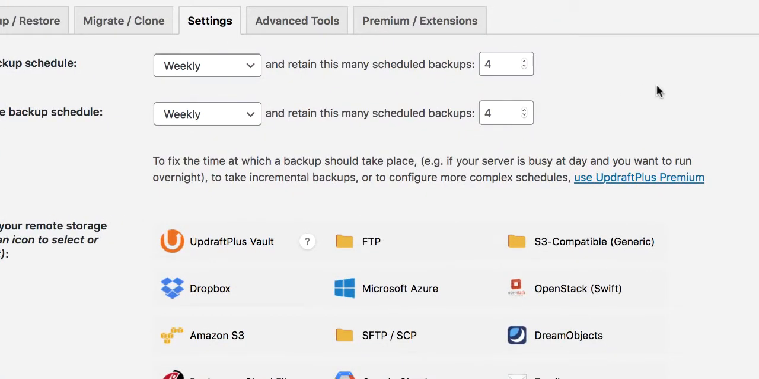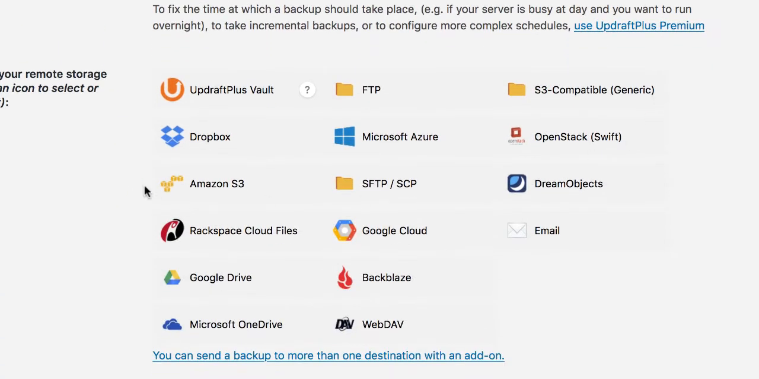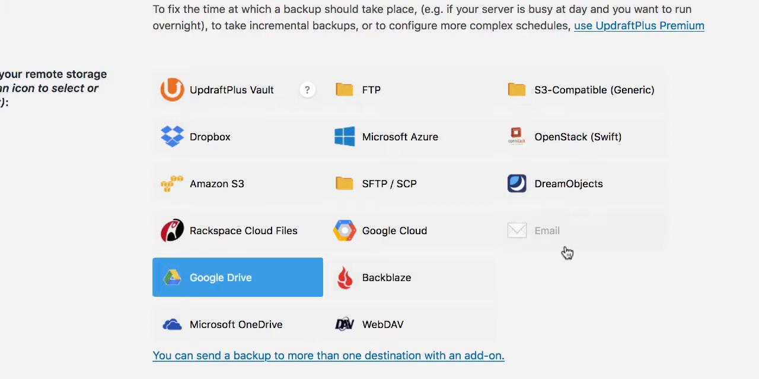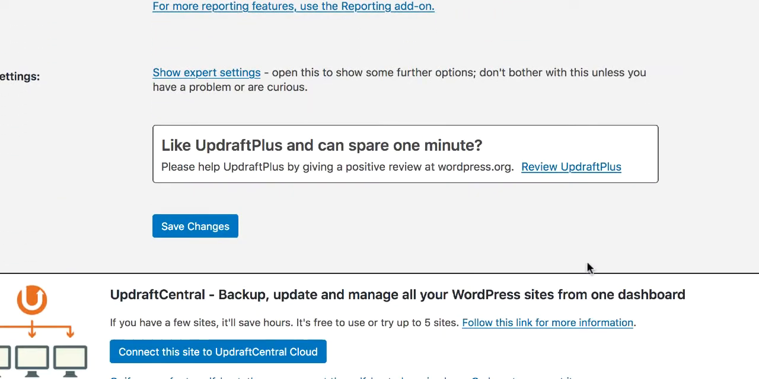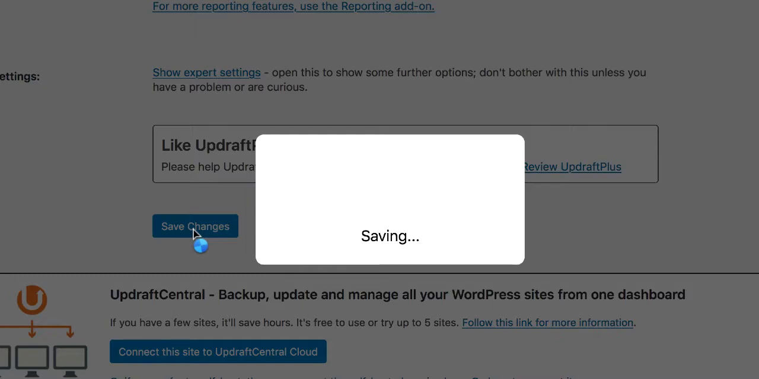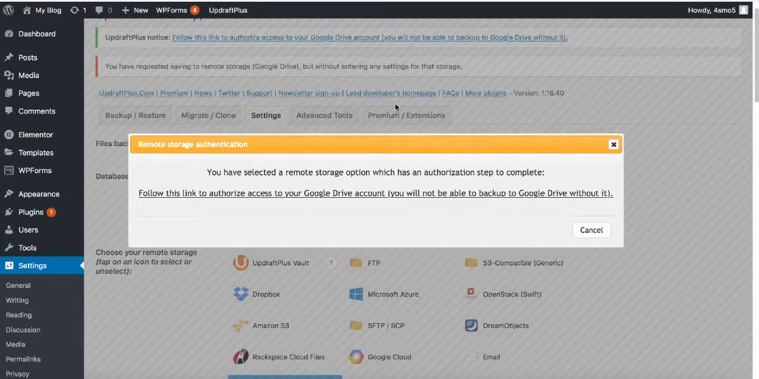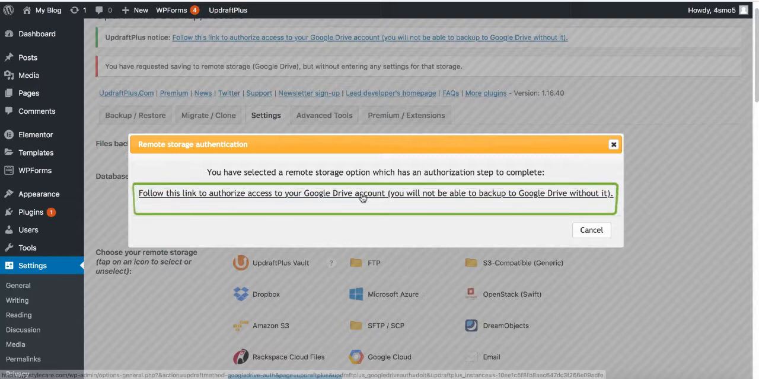Now we can choose where to store all the backups. And out of all those options, I think Dropbox and Google Drive are the best options. I go with Google Drive for now. Click on Google Drive and scroll down. And now click on Save Changes. So when you click on Save, Updraft asks you to authorize access to Google Drive so your backups will be saved on Google. So click on this link